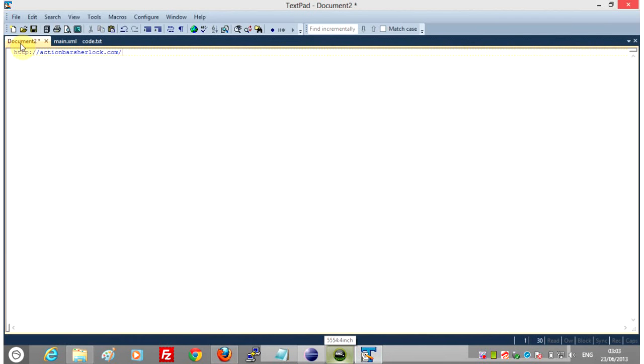Hello and welcome to this Android tutorial on how to use ActionBarSherlock in an Android application. You can go to actionbarsherlock.com and download the zip or tar file for the ActionBarSherlock library